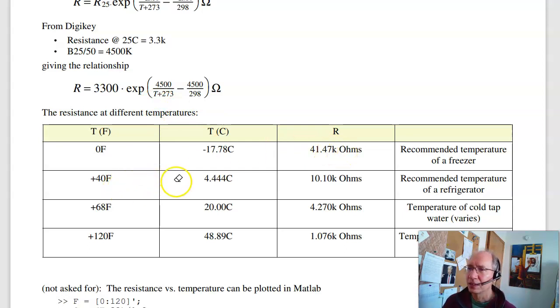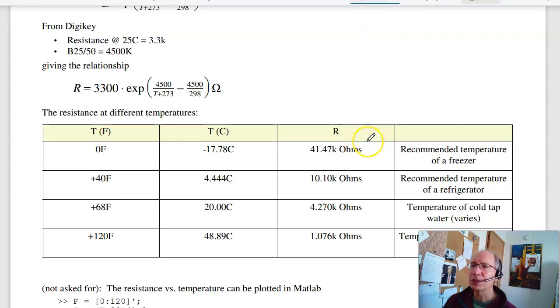At 40 degrees Fahrenheit, the temperature of your refrigerator, it is 10 kiloohms. 68 degrees Fahrenheit, temperature of cold water, is 4 kiloohms. And 120 Fahrenheit, temperature of hot water, 1 kiloohm. That's the beauty of thermistors. There is a large change in resistance, which makes it fairly easy to tell you what the temperature is based